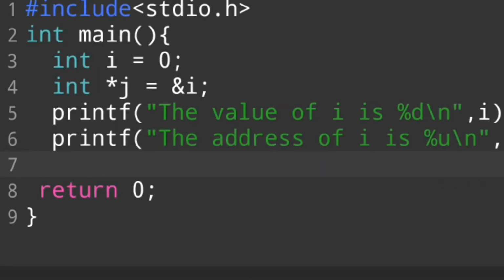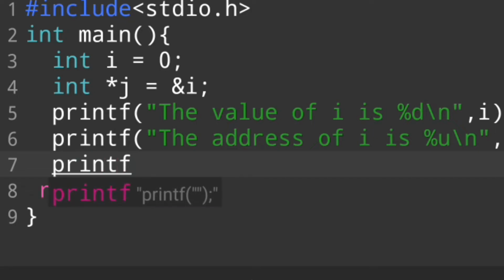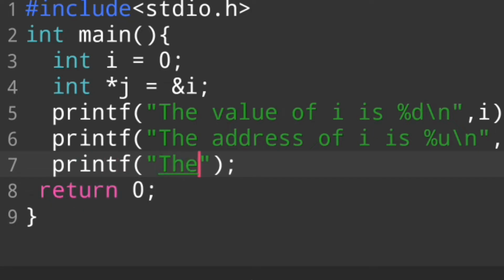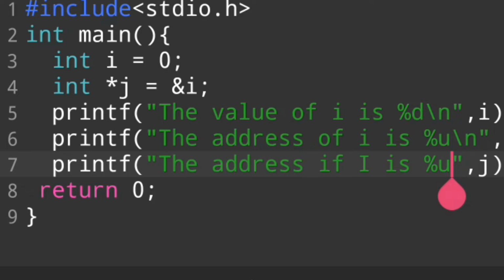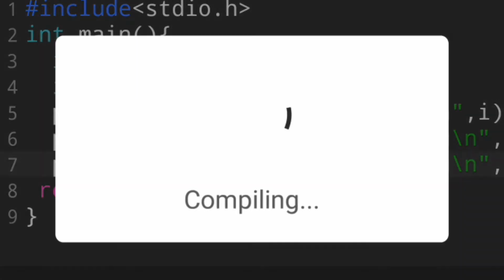If we want to print the address of i in another way, for example, we say the address of i is %u, comma j, and \n. When we run this program, see what happens.